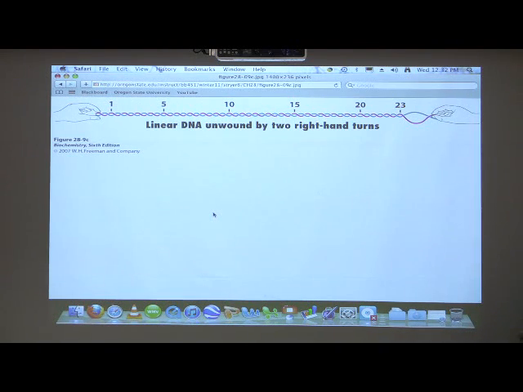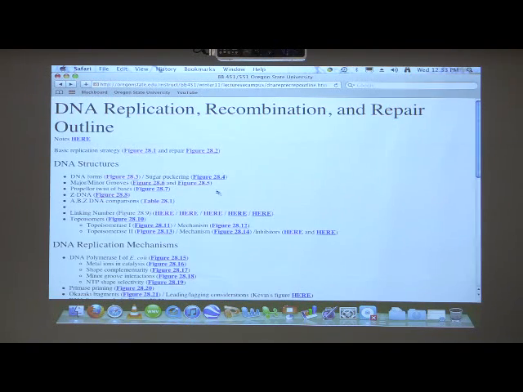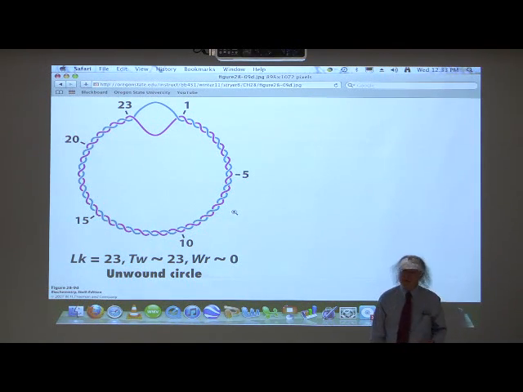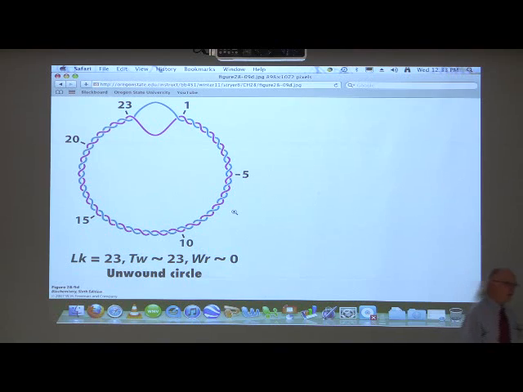What if I start with that original guy, and instead of having 25, I decide, oh, well, let's unwind it a couple times. So now I've only got 23 times that the strands cross each other. I have the same number of base pairs, so the number of base pairs per turn has just gone up, right? I have unwound this complex. What happens when I do that? Well, what happens when I do that is one of two things. This shows that original circle with 23 times of crossing over each other,